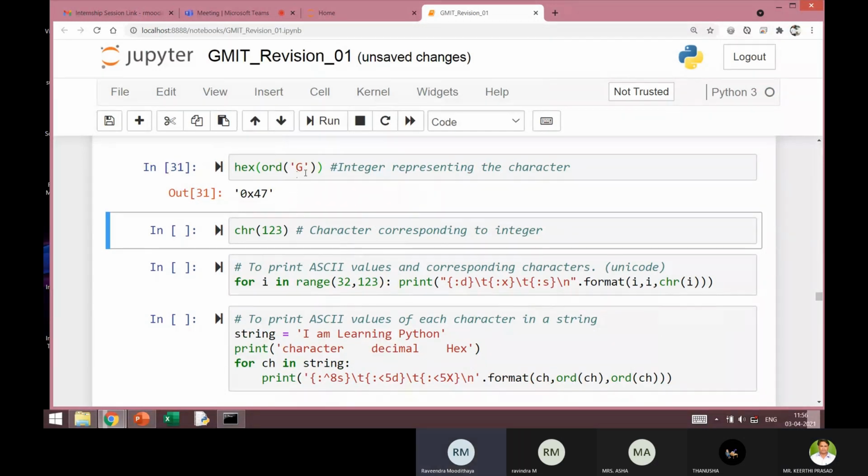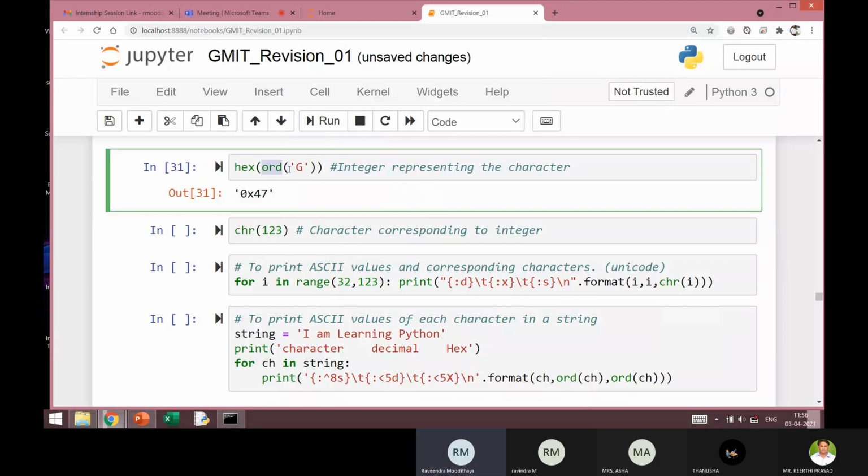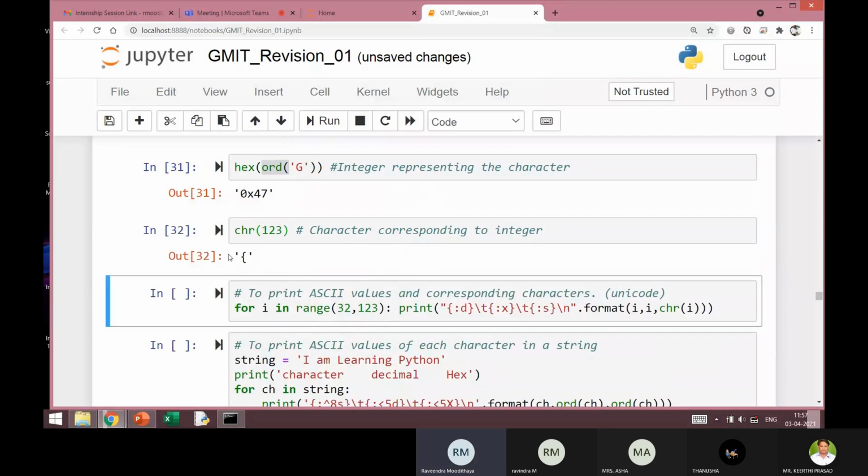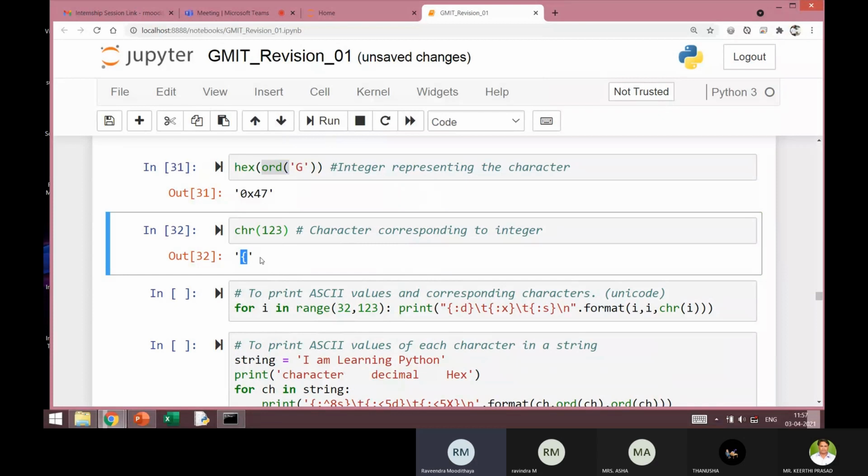Now, just the opposite of this ord, the ordinal value function, is the chr function. If I know the number, how do I know its character representation? For example, chr 123 is the representation for the opening curly brace. So if I say chr 123, it will give me the character. The ASCII value for this character is 123.